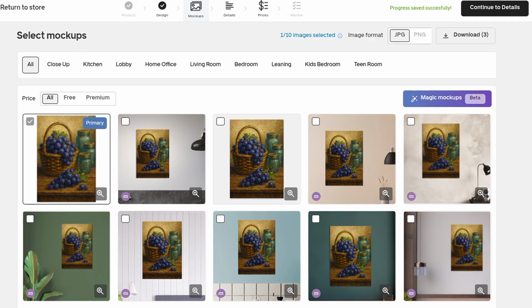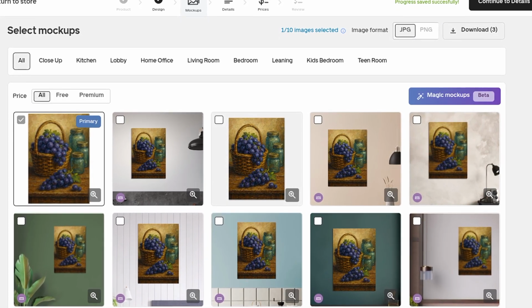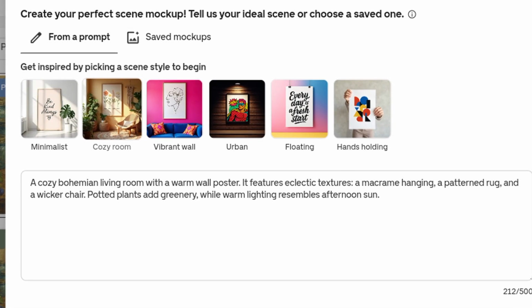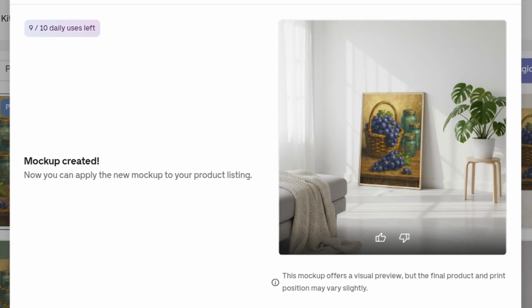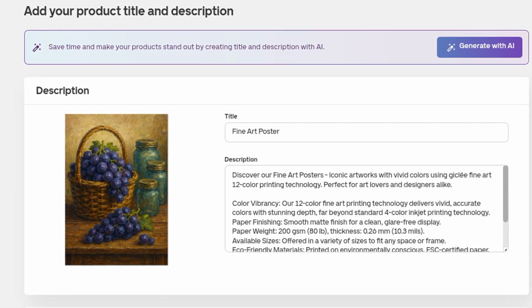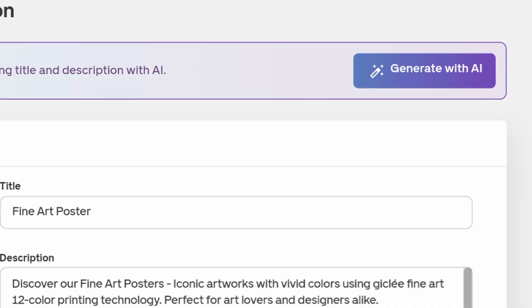Gelato offers default mockups you can choose from, but you can create even better ones using Gelato's AI mockups. For example, I gave it a simple prompt and it generated this clean, professional looking mockup for my wall art design. Once you're done, Gelato automatically fill in your product title, description, but you can improve them using Gelato's built-in